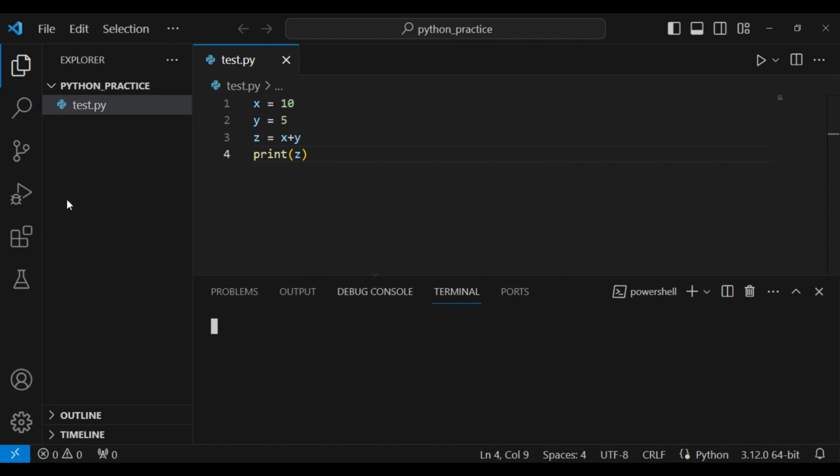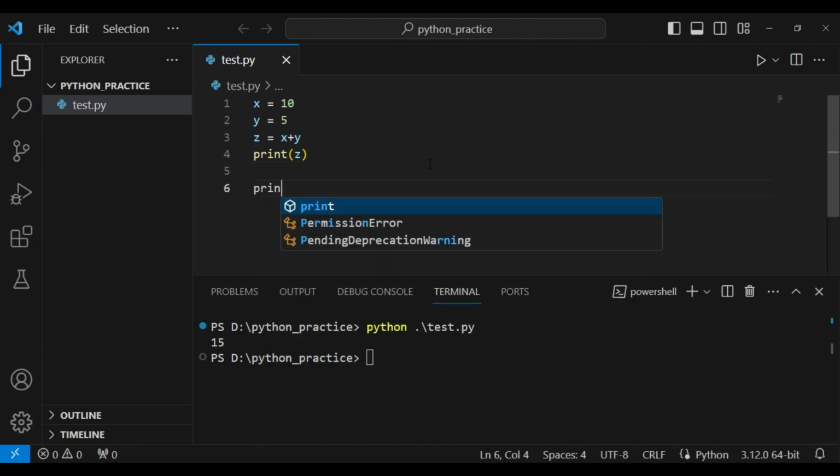I have opened one terminal, and here you write python and the name of the file. It gives 15, but these variable names are not telling their role. So instead of this, the recommended approach is